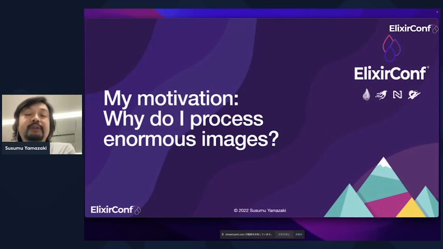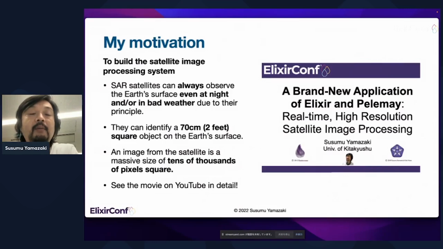Why do I process enormous images? My motivation is to build a satellite image processing system. Satellites can always observe the Earth's surface, even at night or in bad weather, due to their principle.